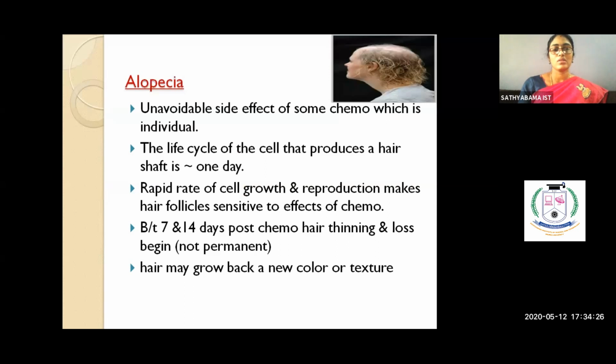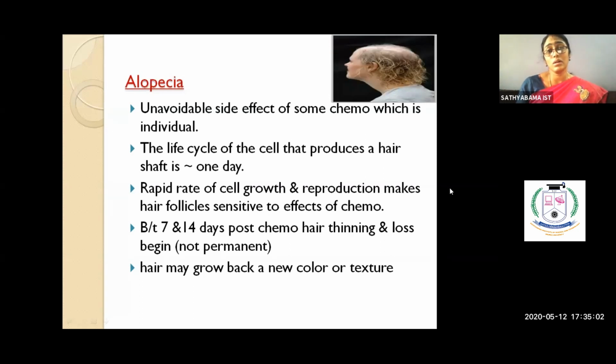And then the last one is your alopecia, which is basically nothing but your hair loss. That's a very common thing we always hear and we always see also. If you look into lots of websites or any pictures of a person with chemo, and if you talk to a herd of people who had cancer, once they go for chemo, the next thing, within a week or two of the first session of chemo, is that they start losing their hair. So in most cases, they start shaving off, right? You don't want to see your hair coming out one by one. So they start shaving off and they try to wear a wig and all that.